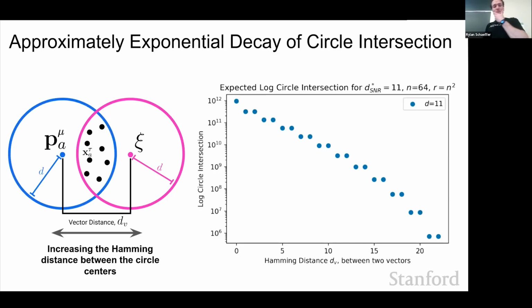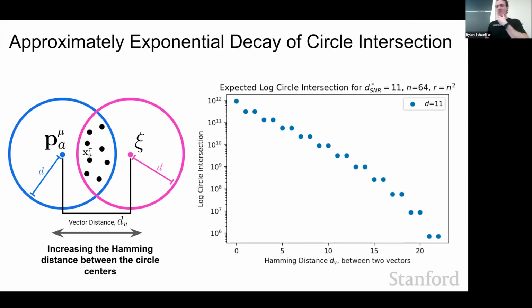Okay, so it turns out that in sparse distributed memory, as you move your query and your pattern away from each other, so you pull these circles apart, the read and write circles, the number of neurons in this intersection in a sufficiently high dimensional space decays approximately exponentially. And so on this right plot here, the x-axis is me pulling apart the blue and the pink circles, and the y-axis is, on a log scale, the number of neurons in the intersection. And so to the extent that this is a linear plot on a log scale, it's exponential.